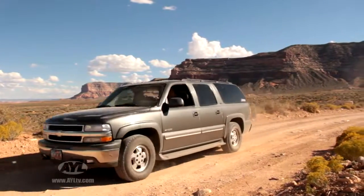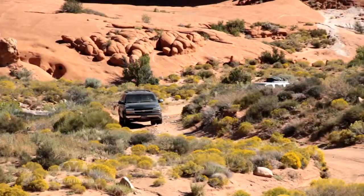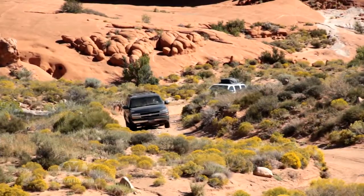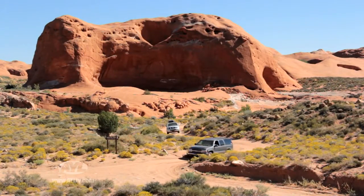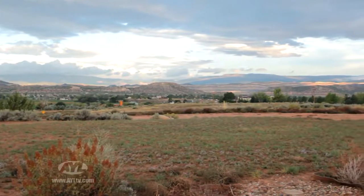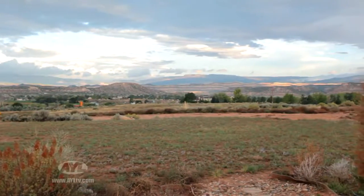About the first probably 30 miles, a regular car can make it. Once you get out to Tans Hall rec area out there, it definitely becomes a lot more challenging, a lot more washboardy. After reliving the historic steps of the Mormon pioneers, you can travel back to the town of Escalante,